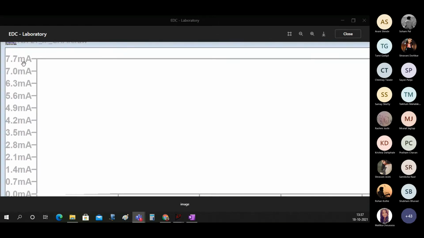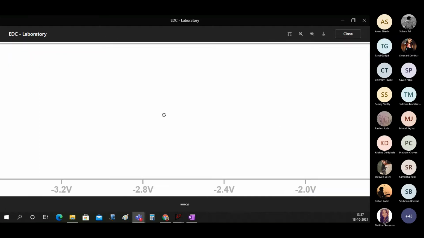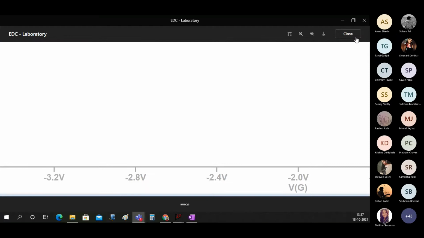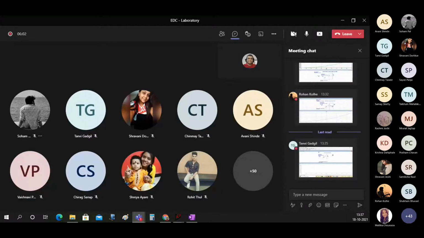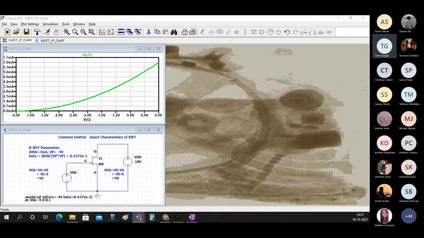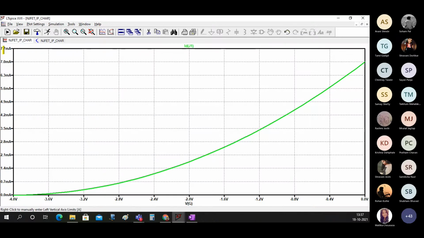Can you see here? So your range is there, so that means there is a plot here, but it is plotting in white. White on white will not be visible. Yes, sir, I will change the color. So just check that, because you can see our range is also the same, 0 to 7.7. So there is something, but it's getting plotted in white.